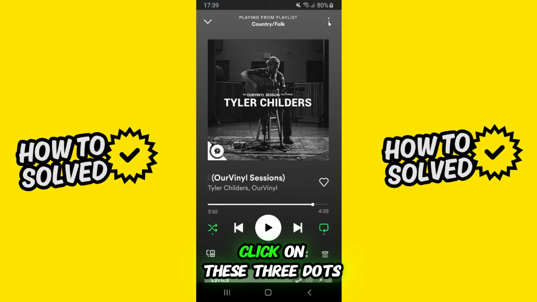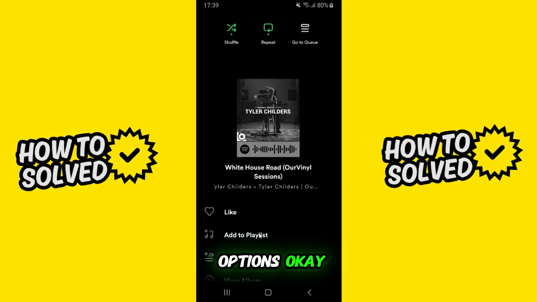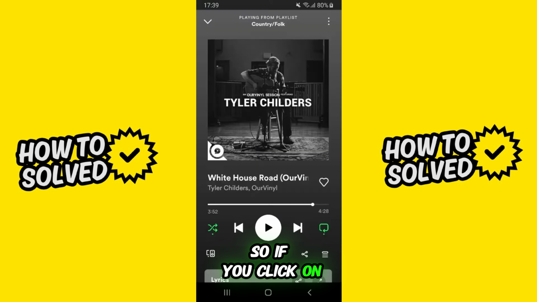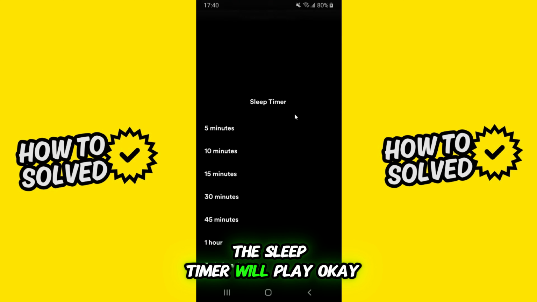After doing that, you will click on these three dots at the top right corner and you will see several options, okay? If you swipe down, you will see this option right here is sleep timer. So if you click on top, here you can select a time to play the music, okay? So for example, if I select 1 hour, the sleep timer will play,